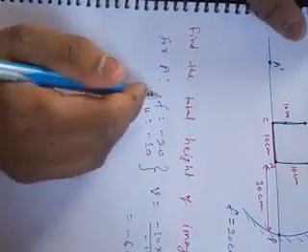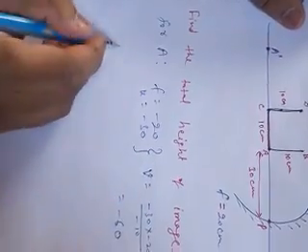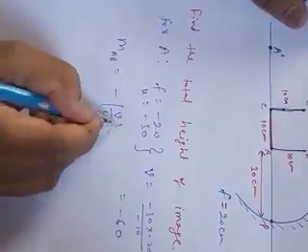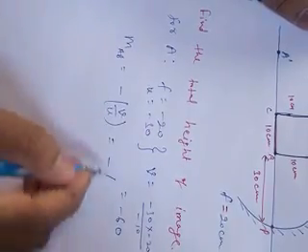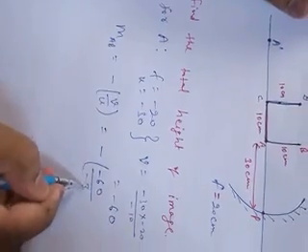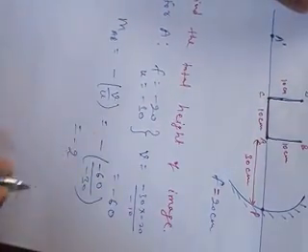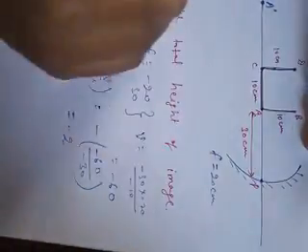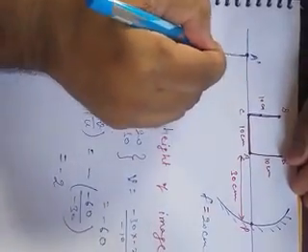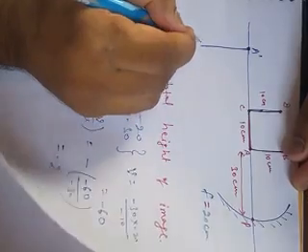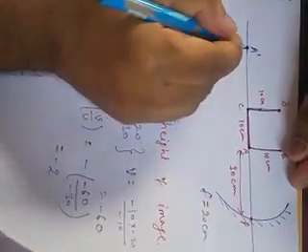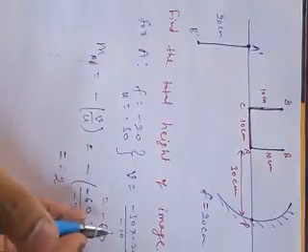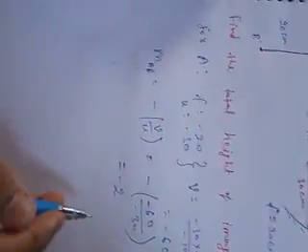For B, first we find the magnification. What is the magnification for AB? It is minus V by U. This is the formula I told you, and you have to use the sign convention. So V equals -60 and U equals -30. So it becomes -2. What is the significance of this -2? If the object is AB, then the image will be A dashed B dashed. It is not only twice, but it will be inverted also. So this is your A dashed point, this is your B dashed point, and this will be your 20 centimeter length. So the first part we understood.